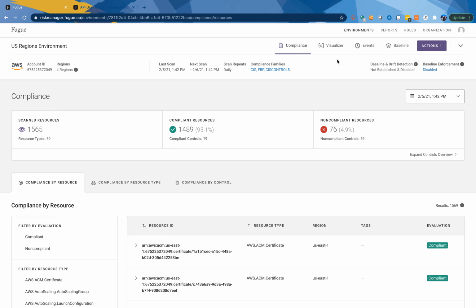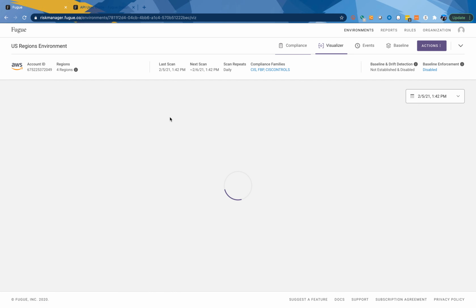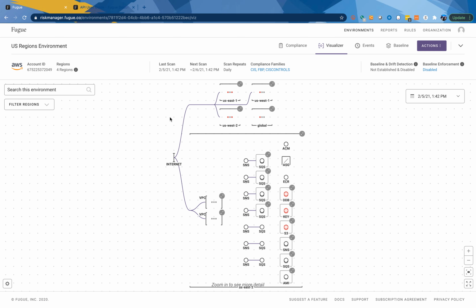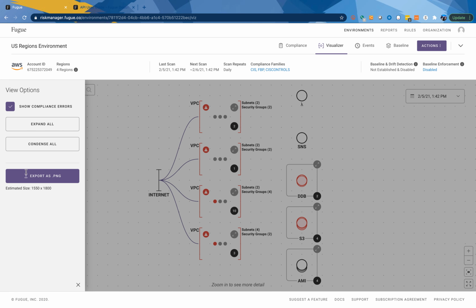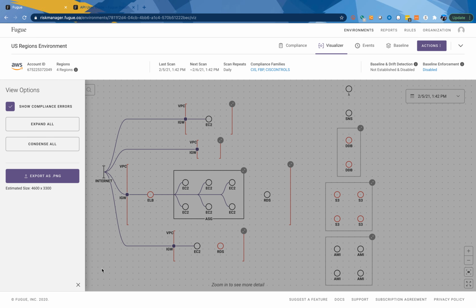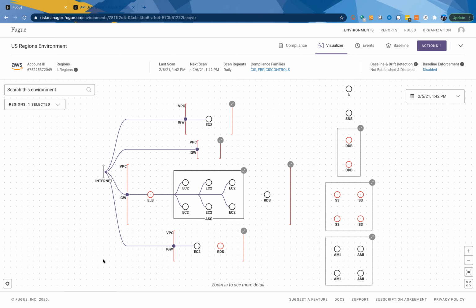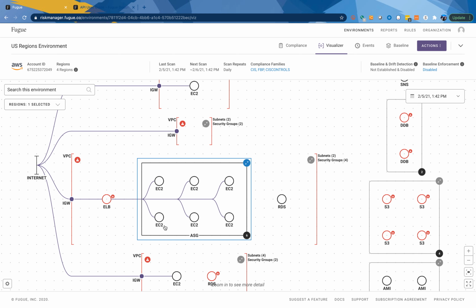Once you connect to Fugue, which is done via permissions, the first thing customers generally will go to is a visualization. This visualization will show all the resources that you have in your environments, all the connected relationships that you have. You can also filter it and expand it to view all of the resources in a specific region within the cloud environment. Each one of the elements on this screen are clickable, so as I zoom in, I get